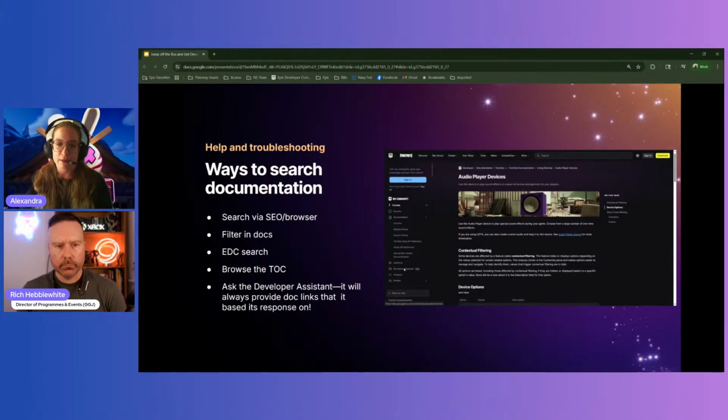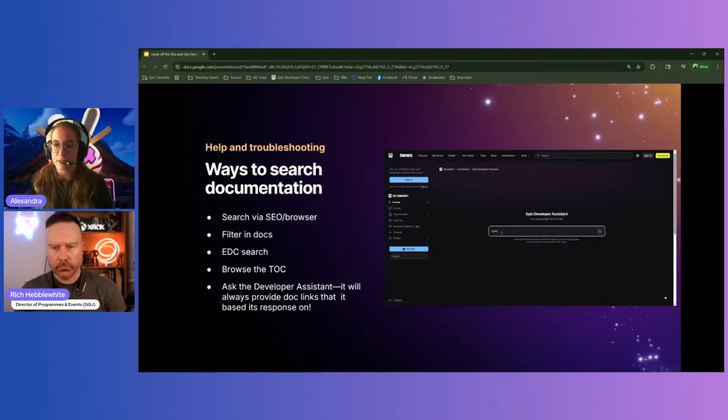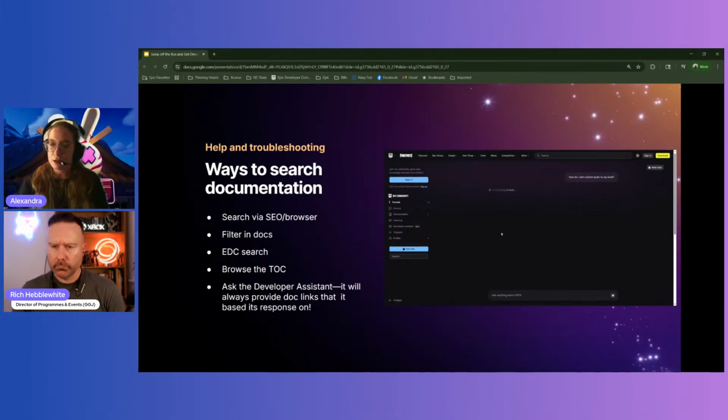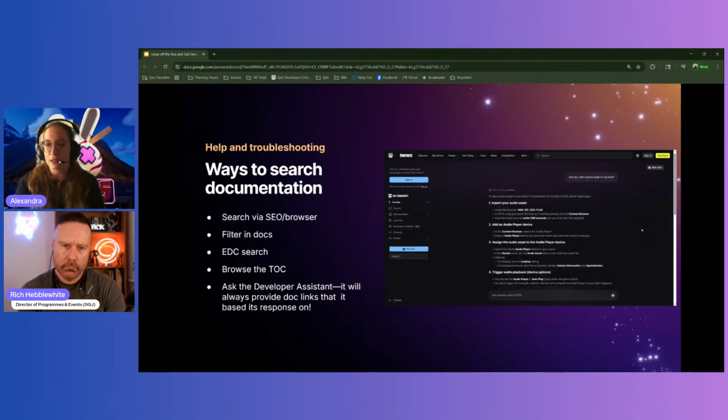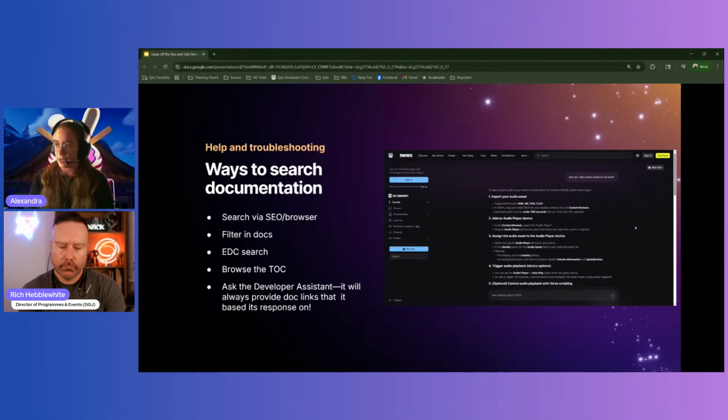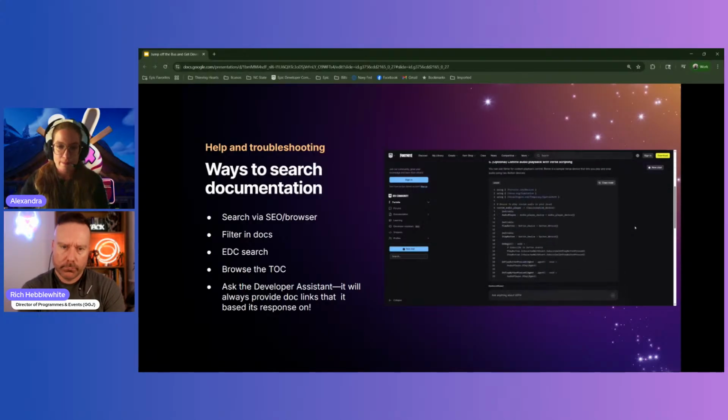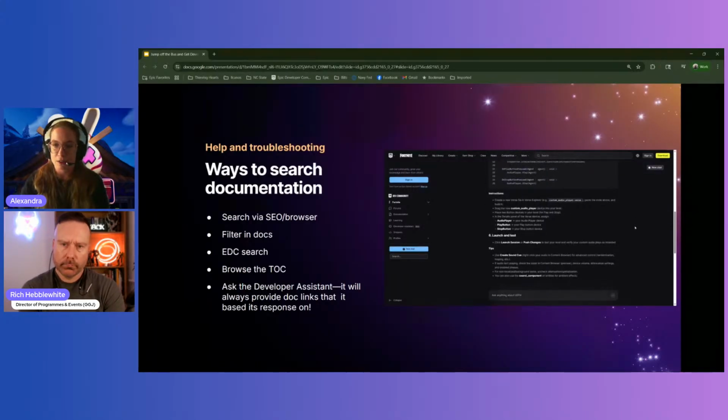So yeah, and then I think lastly, I go into the Epic Developer Assistant. So this is our AI-powered assistant that's built into the EDC. It is trained on documentation. And so when it generates an answer, it will link the documentation that it pulled its sources from. And also it can generate code for you to copy paste and test out and tweak as you need it as well. So it's definitely a really powerful tool to leverage and check out. And you can see it made a code snippet for me.